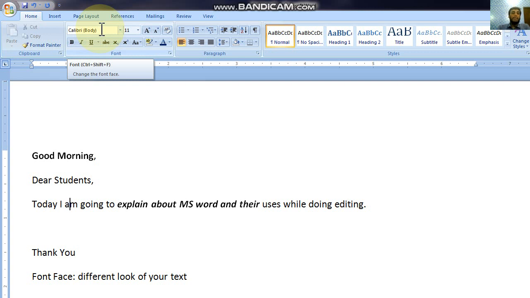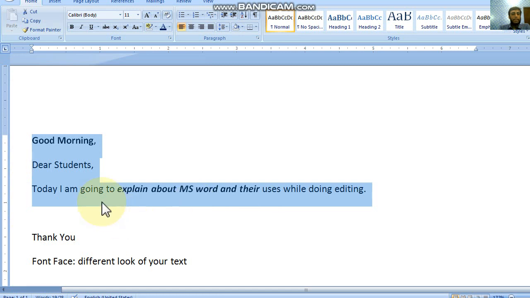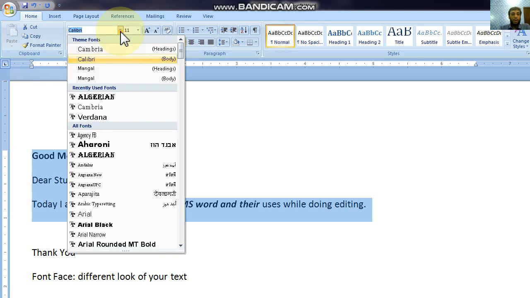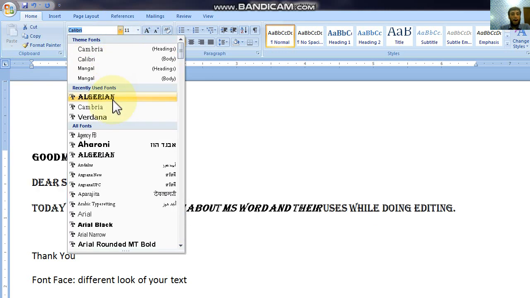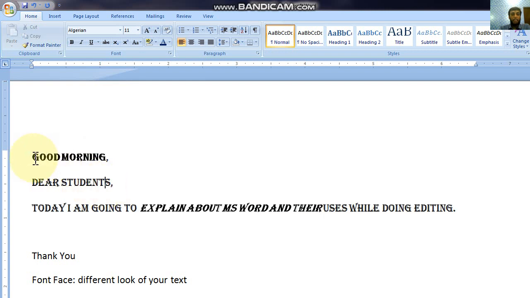And if you want to change it into something else, then you have to select all of these or any one single line that you want to change as a font face, and I'll go to this Home tab, then this box, and here just on the right there is a small arrow. I'll click on this small arrow and then I'll come to Algerian. See, earlier it was Calibri body, but now it is Algerian.